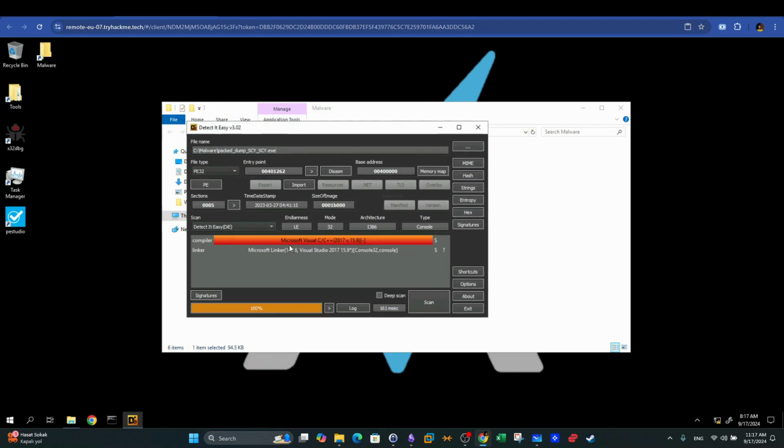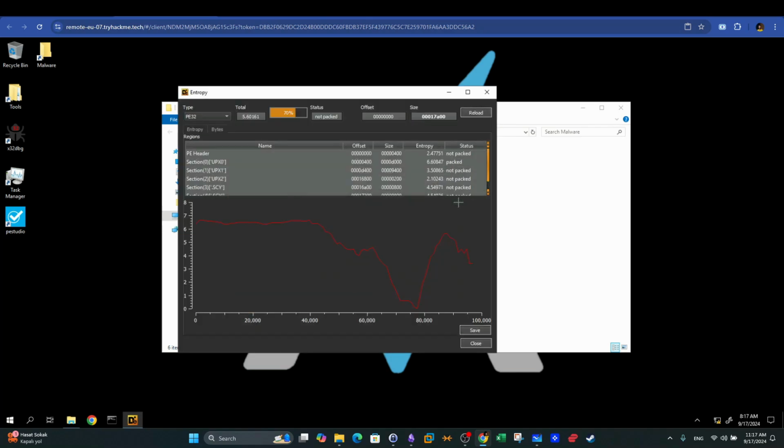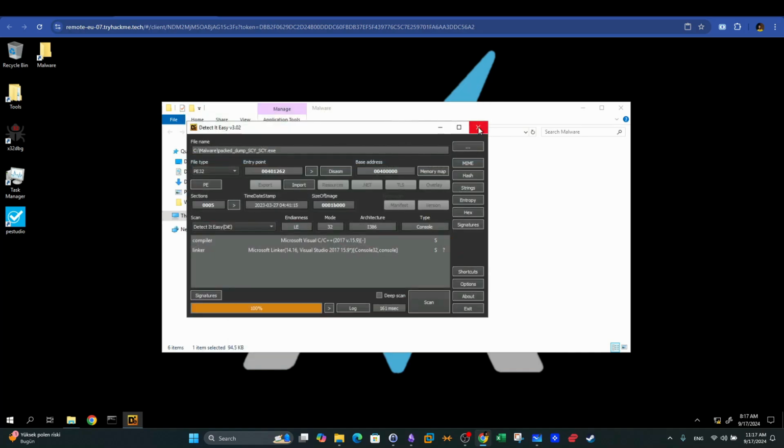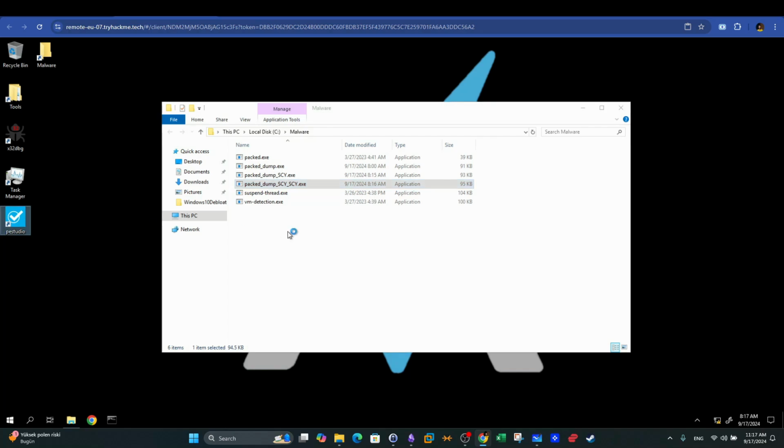So the compiler used is Microsoft C++, and here is the linker. If you click on the entropy, you can see now it is 70%, which is way lower than 97%. This is the unpacked version of the sample. Still we have packed sections such as section 0, but have a look at the other sections. They have been unpacked. You can also verify this by going to PE Studio